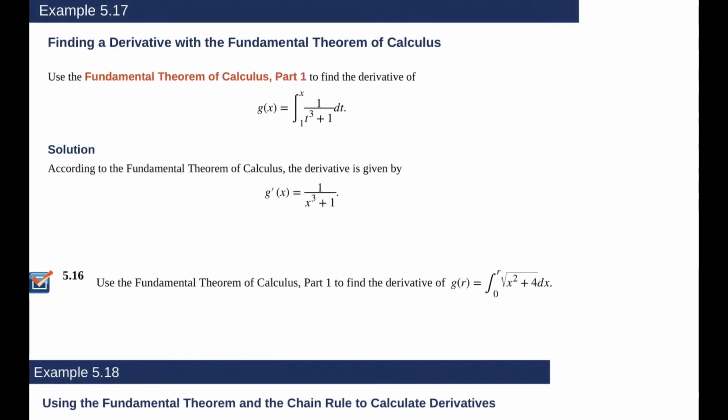So let's work on the examples in the book. But before we do that, let us recall the fundamental theorem of calculus part 1. What did it say? The requirements were you need to have a function, small f of x, that